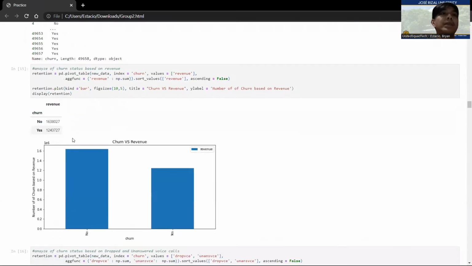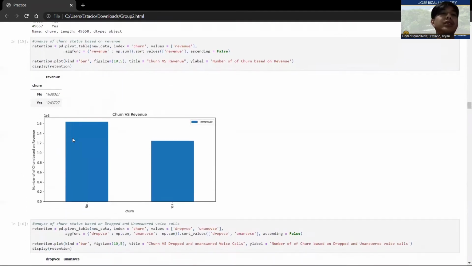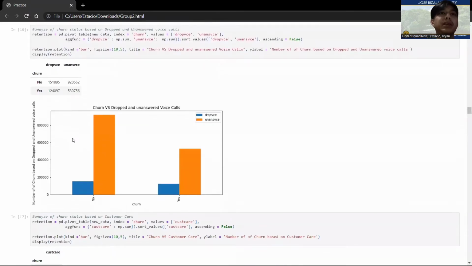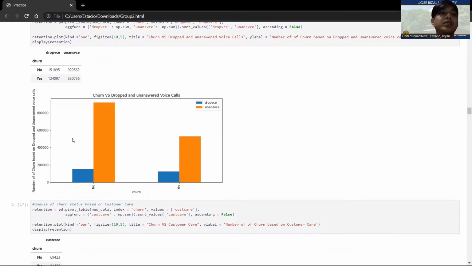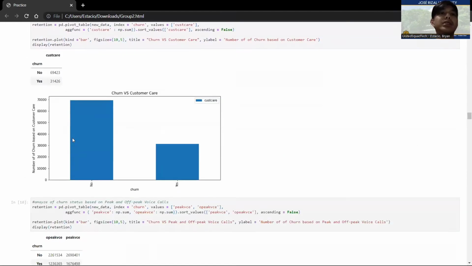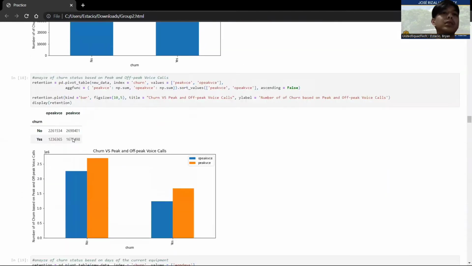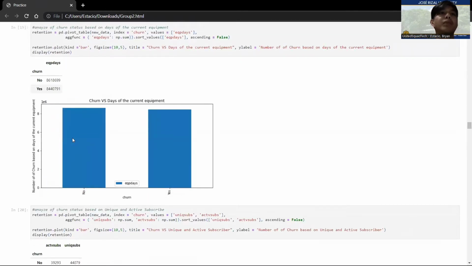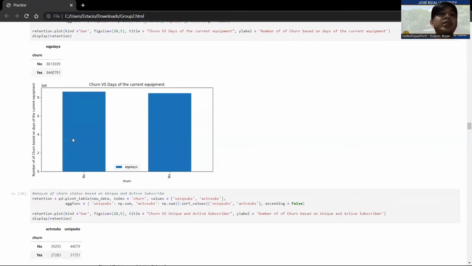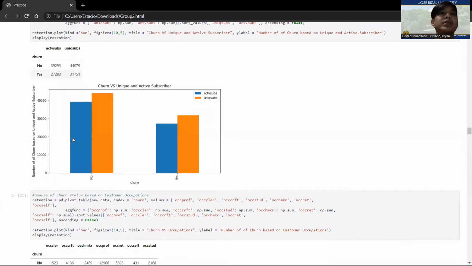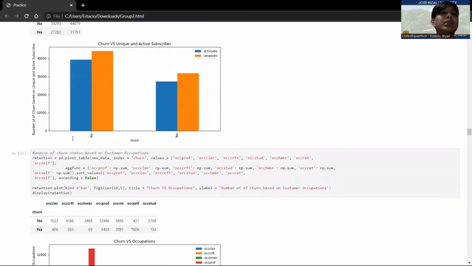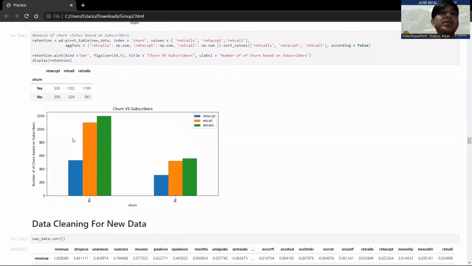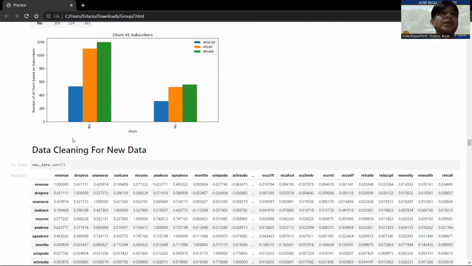This is the churn versus revenue. This is the churn versus drop and unanswered voice calls. This is the churn versus customer care, and churn versus peak and off-peak voice calls, churn versus days of current equipment, churn versus unique active subscriber, and churn versus occupations, churn versus subscribers.